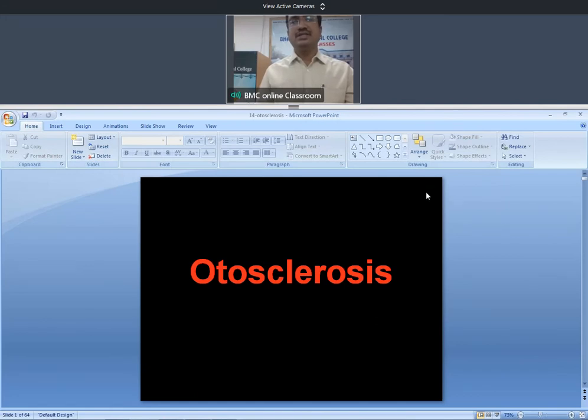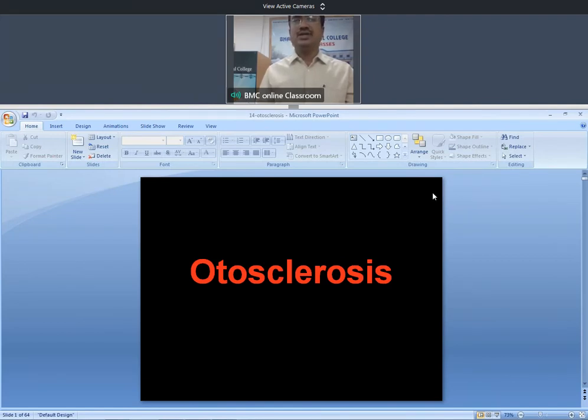The other investigations are tuning fork tests and audiological tests, that is pure tone audiometry and impedance audiometry. Special tuning fork tests are the Bing test and Gelle test, used only in otosclerosis to differentiate normal and sensorineural hearing loss patients from the otosclerotic patient. The other investigation is CT scan of the temporal bone, CT mastoid, where in high resolution CT you can see the otosclerotic focus.